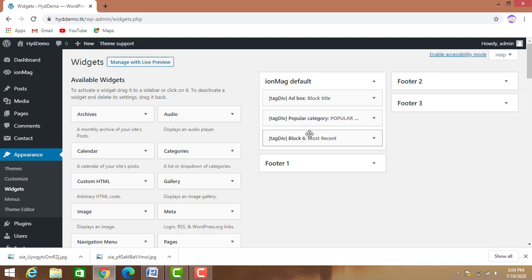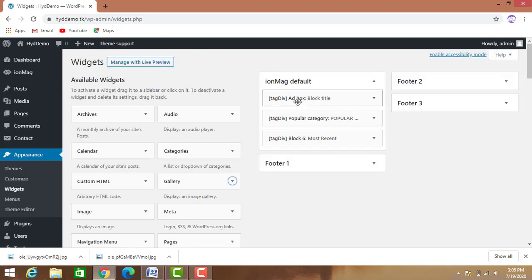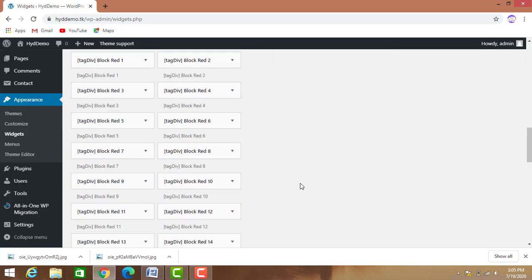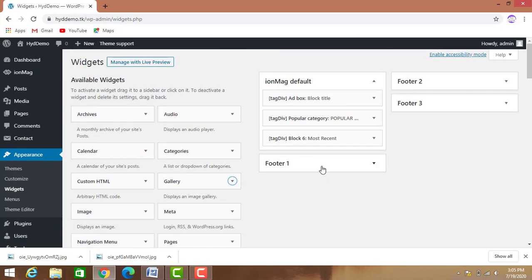If you select style 2, there will be footer 1, footer 2, footer 3. Okay, so whatever you want to add, you just click from this side, add to footer 1, footer 2, footer 3, wherever you want to add. But I have selected a simple one because I prefer simplicity. If you have selected style 2, then you can add anything into your footer 1, footer 2, footer 3. Okay, next.